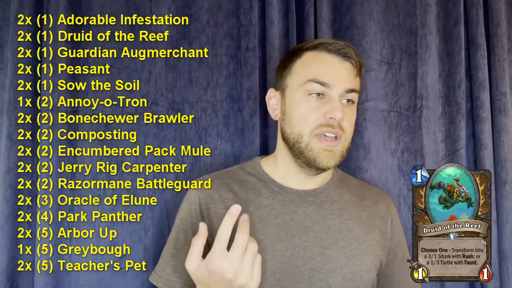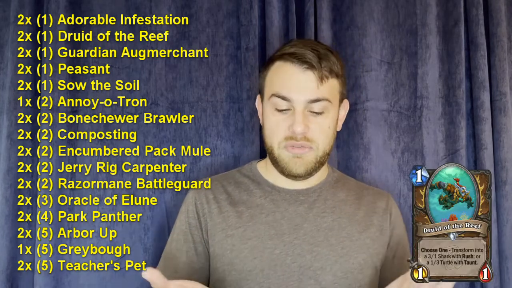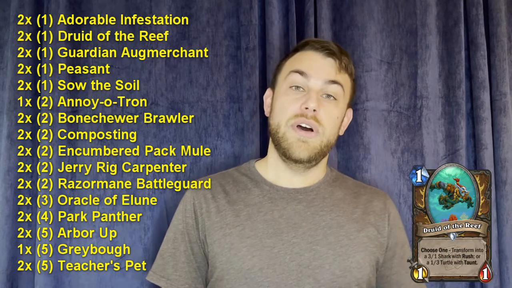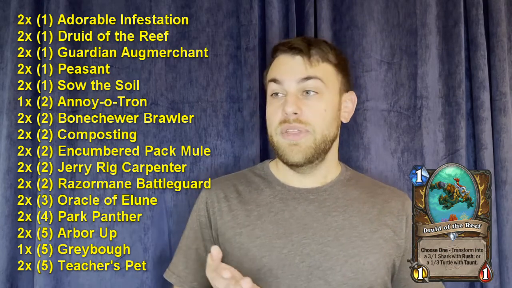The first is Druid of the Reef. This is a card where the value on this just defies understanding how they would print this card in this meta. It is a 1/1 for 1, and then when you play it, you choose it to either become a 3/1 rush or a 1/3 taunt. So, 1/3 taunt for one, Warlock's been doing that for a while,